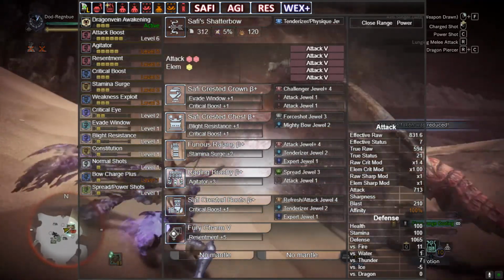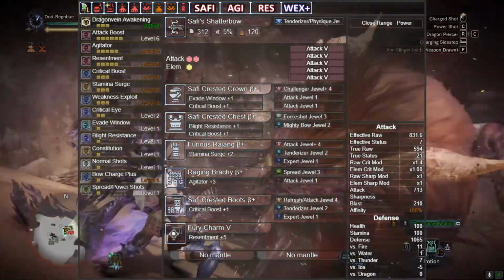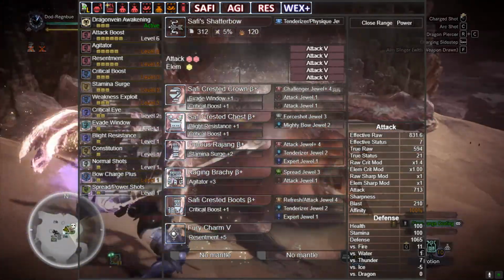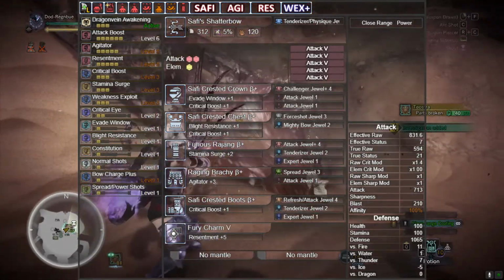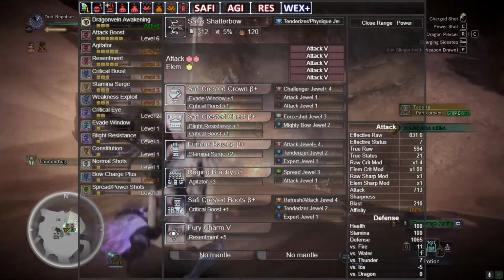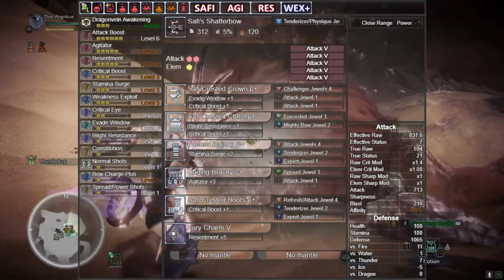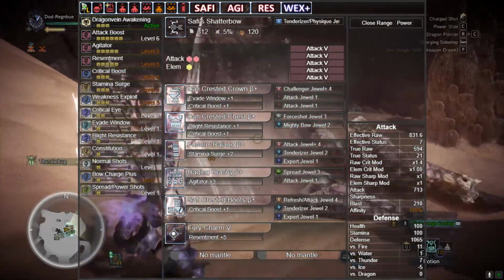Tenderizer Physique Jewel in the weapon, attack, elemental augment, and then smacking a load of attack awakenings. As you can see, this will go higher because I've only put level 5s in. You could put level 6 somewhere. Safi Crown Beta with Challenger Attack, Safi Chest Beta with 4-shot Mighty, Furious Rajang Beta with Attack for Tenderizer Expert, Raging Bracky Beta with Spread Attack in the waist, and then Safi Boots with Refresh Attack Tenderizer Expert, still rocking